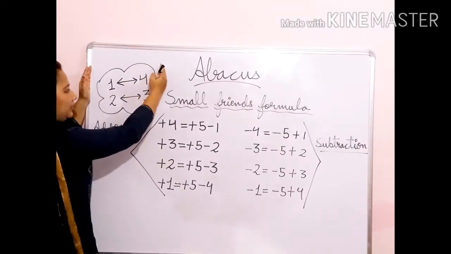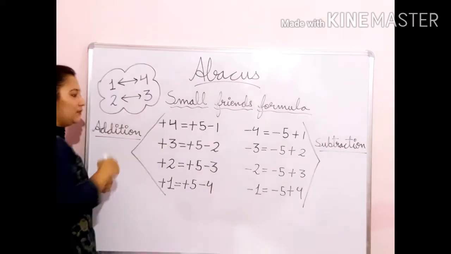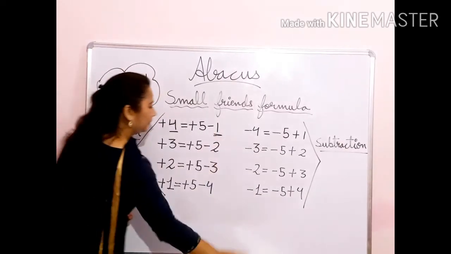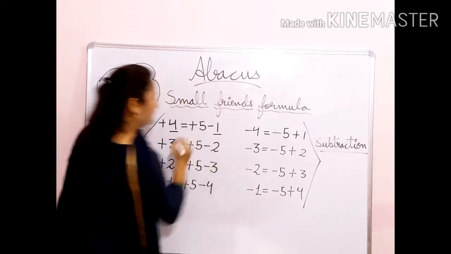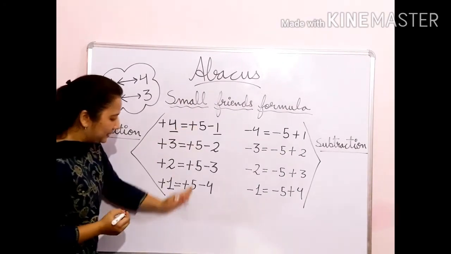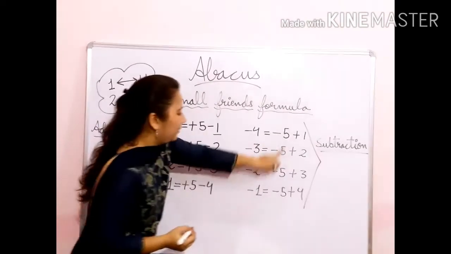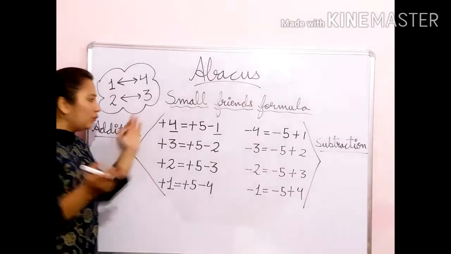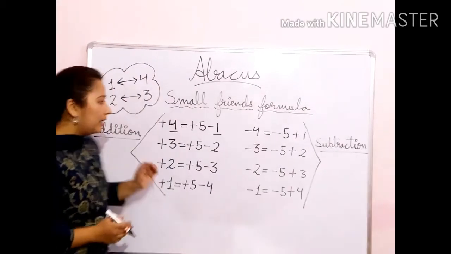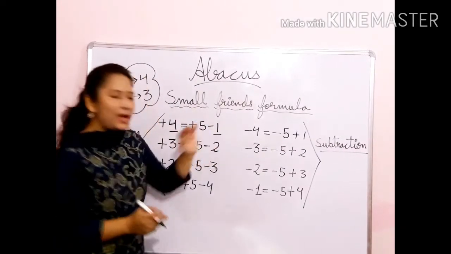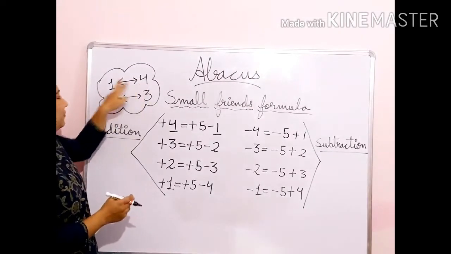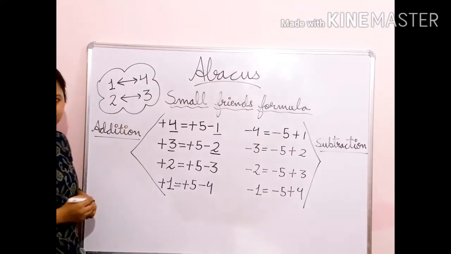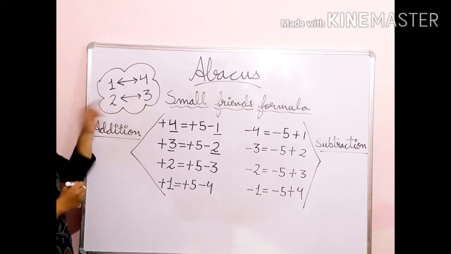See, now how we will use this in our formulas. See, wherever there is 4, there will be 1. 5 is compulsory. See, 5 in every formula. Only the sign is changing. See, here is plus and here is minus. Otherwise, 5 is common in both the terms. Now, see, with 4, you will always have 1. Because 4 is the friend of 1. And with 3, you will always have 2. Because 3 is the friend of 2.